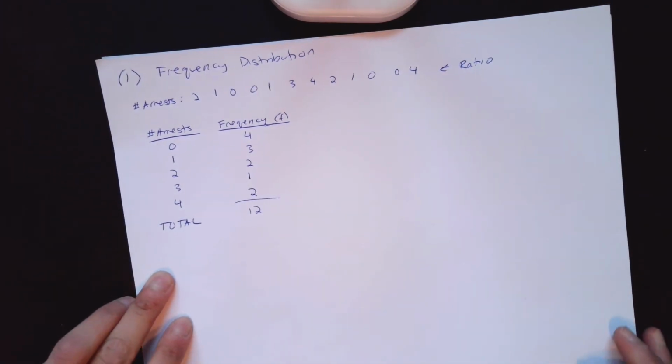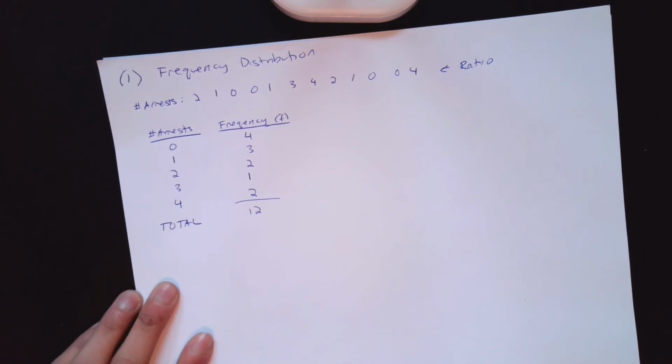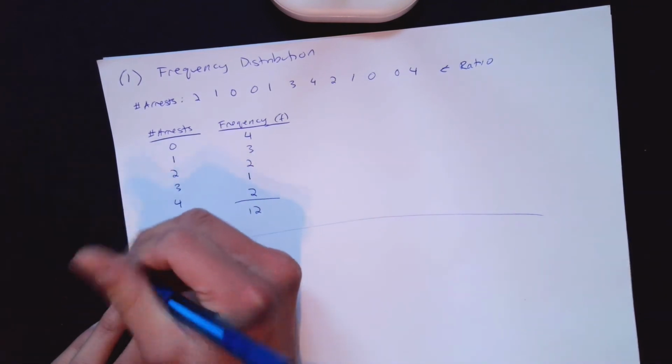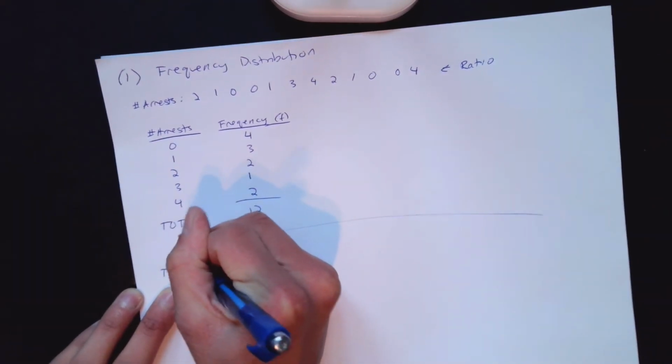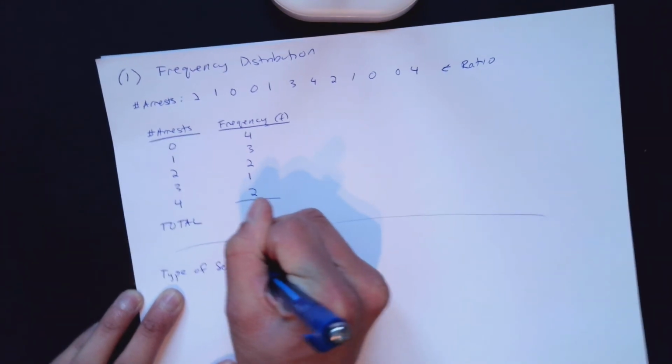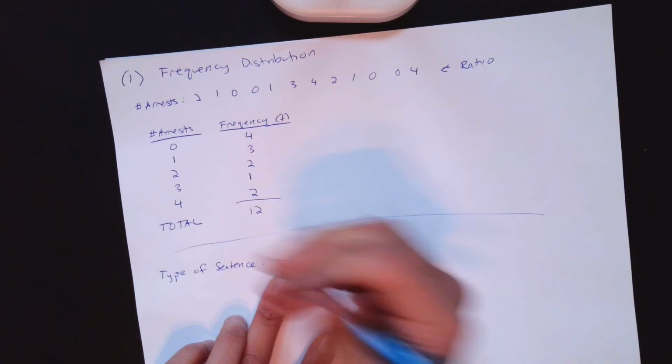So we're going to say that we now have a sample of 8 people, so we're moving on. This is going to be another example. So I'll draw a line just to demonstrate that. So we have another set of data here, which is going to be the type of sentence that 8 people got after they were sentenced. And so our type of sentence is going to be a variable. And the sentences that these 8 people got were